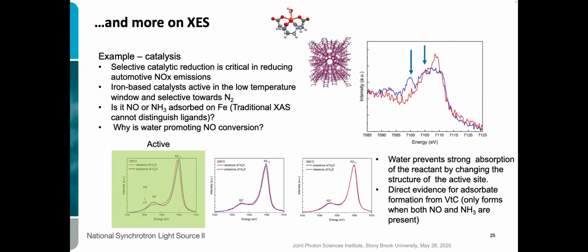This is an example from the catalysis field, selective catalytic reduction of NOx. For some reason, this catalyst works well at 150 degrees in the presence of water, but not at higher temperatures. And you see, you can add water or not add water, and the spectra hardly change. Here at 150, it does change. And this is actually the evidence of a flat iron complex, and this iron comes out of the plane, and its ability to bind the reactants goes down,